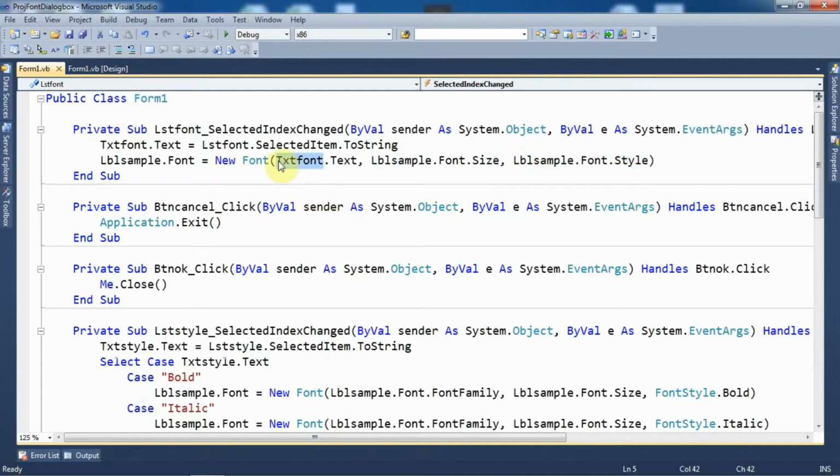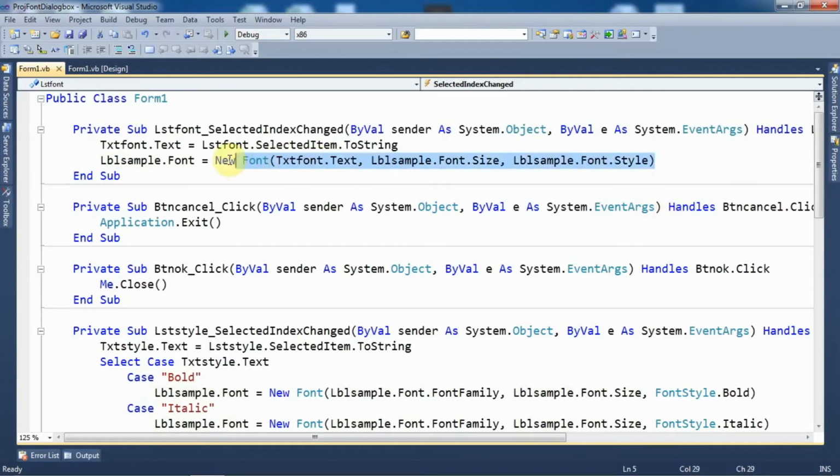For that I will take the value from the text box control within which we have already assigned the value. So I have written txtFont.Text. So the font family will be changed and the remaining two arguments will remain as they are, that is lblSample.Font.Size, meaning the size will remain as it is, and the third parameter is lblSample.Font.Style, meaning the style will also remain as it is.